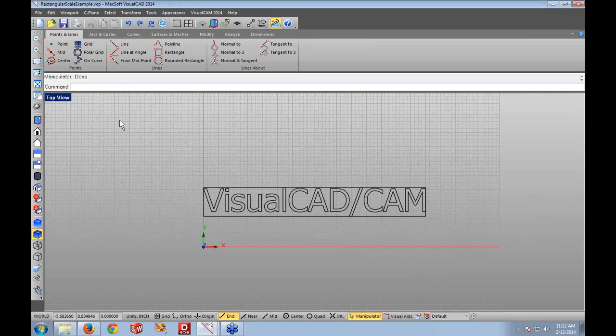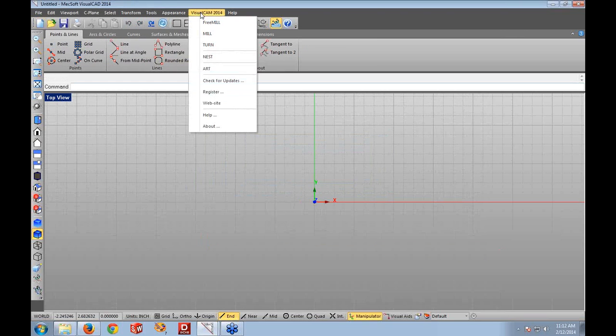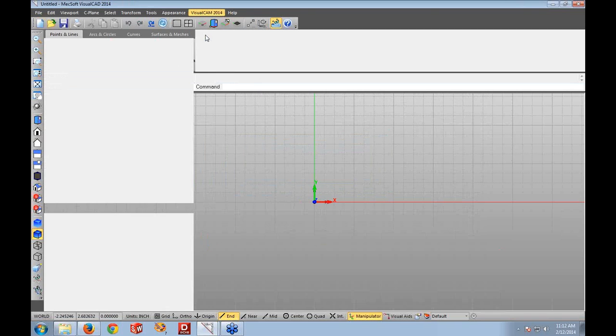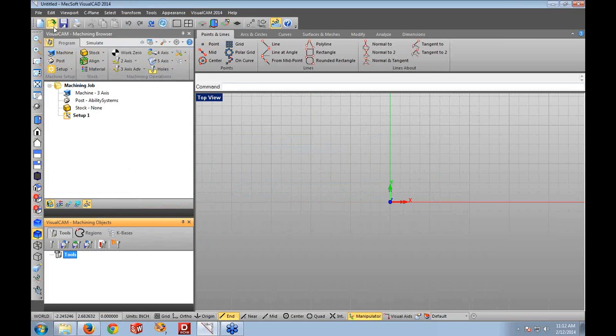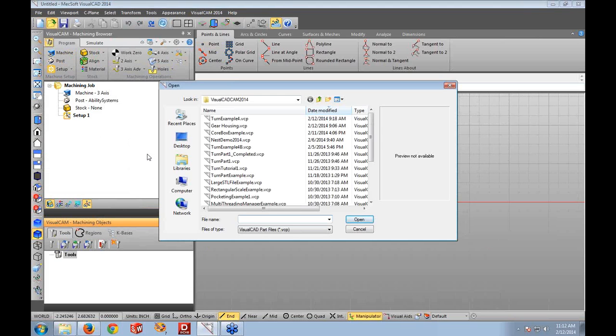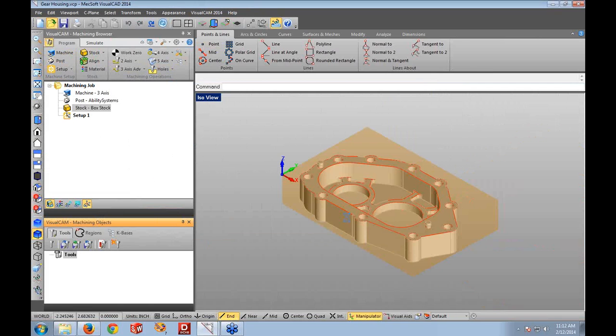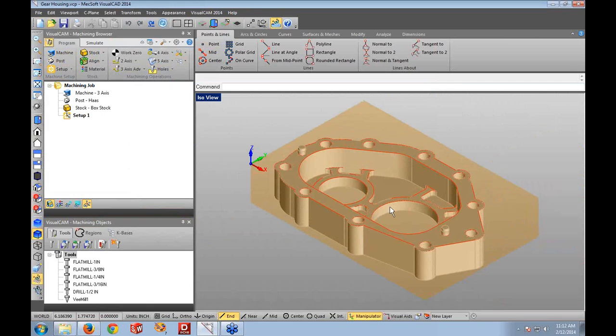We would now like to go ahead and introduce you to the milling module in VisualCAD CAM. So to load the milling module, we'll click on VisualCAM and select Mill. Now this loads the machining operations and the machining objects browser for the mill module. I'm going to go ahead and load a part in here where we can program some 2- and 3-axis toolpaths, and we would like to take a look at, give you, all the feature sets that are available in the